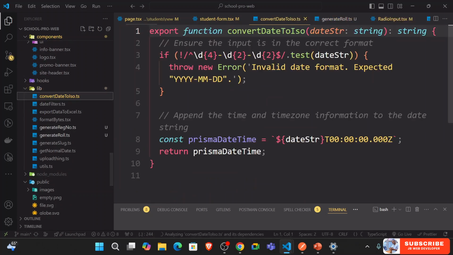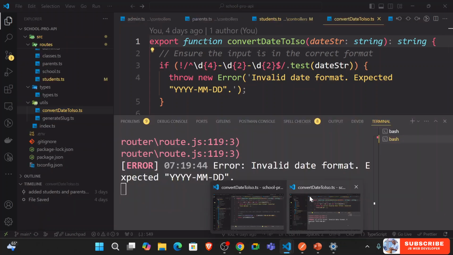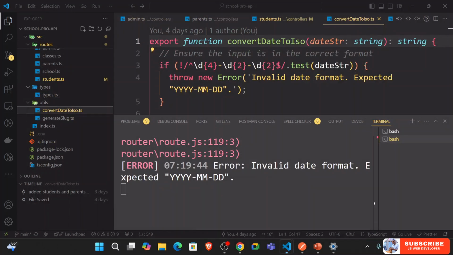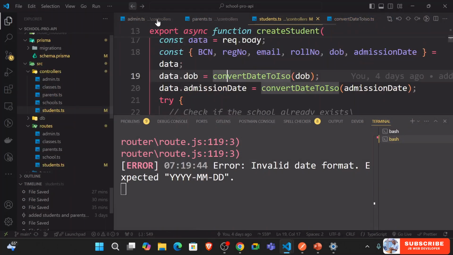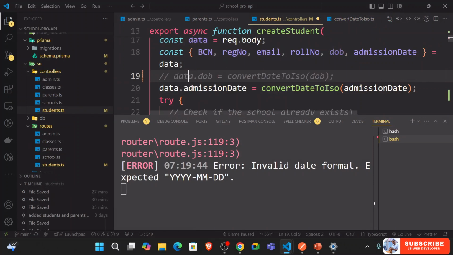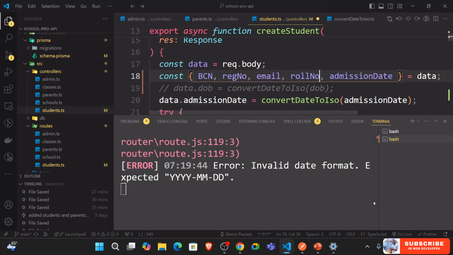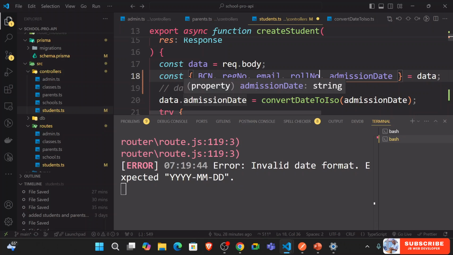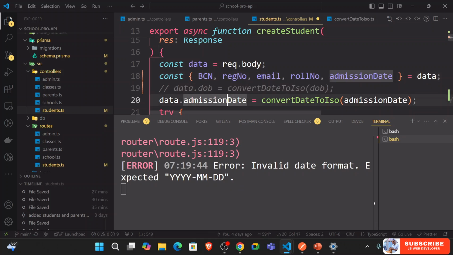Today we're just handling weird issues. We don't need to handle it on this side, so I could just take off this and even this here, and the only thing maybe is admission date. Even admission date,